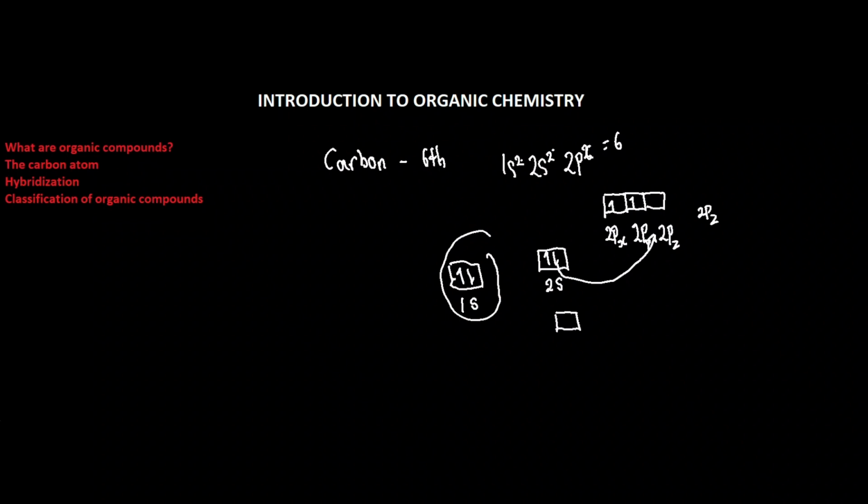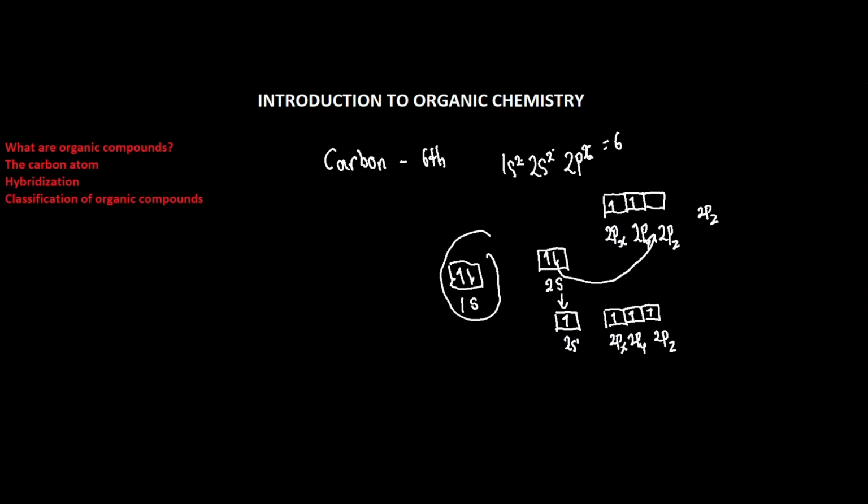So in the excited state, this would remain the same, but then we would have something like this. 2s would be converted to 2s1 with just one electron in it, and the second electron would be here in 2pz. So this is 2px and 2py and 2pz. Now, before we continue here, this idea would lead us to hybridization.